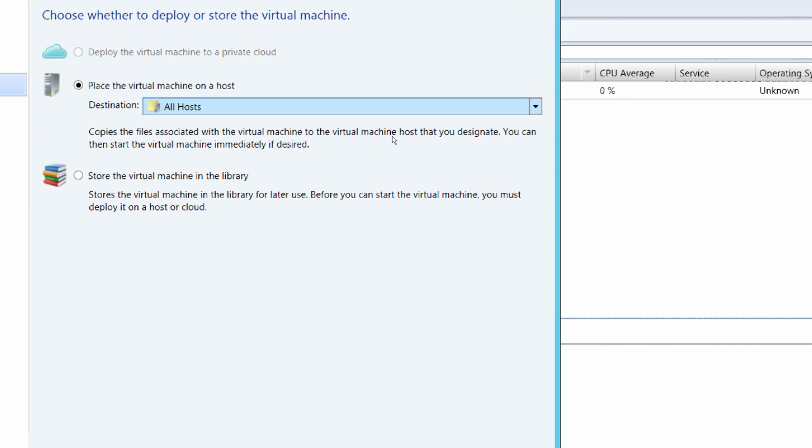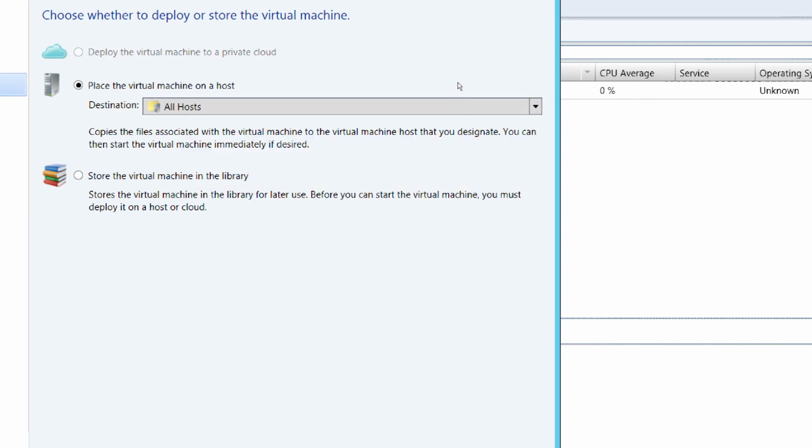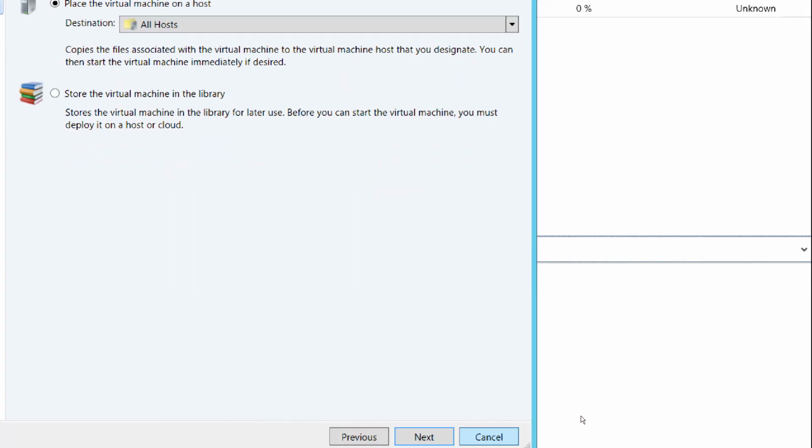So place a virtual machine on a host, and you could have created any other set of folders. Suppose under all hosts, we could just create a subfolder called Toronto hosts, then New York hosts, then Sao Paulo host or London host or Calgary host. So we could have created subfolders there as well, and whichever hosts are remotely connected to this SCVMM would show there. But here it's just all hosts. So click next,